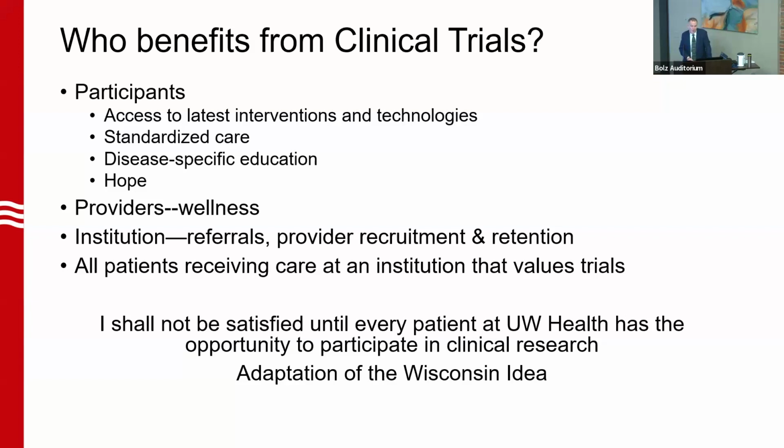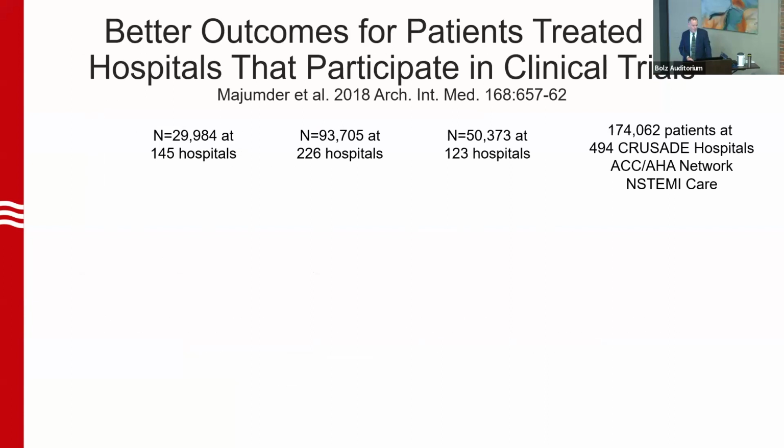We're a long ways from that, but it's a goal. So I used to get up and do this talk and just say that as a soapbox, and I started digging into the literature to see if there was any evidence to back that up. I have found one paper that suggests that hospitals that participate in clinical trials and are high volume trialists have better outcomes. This is a big study in the cardiology space with a primary endpoint of mortality after